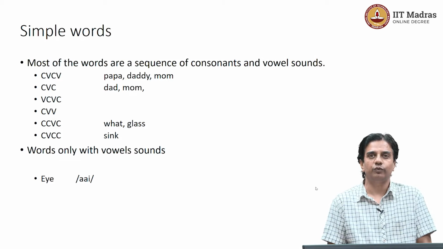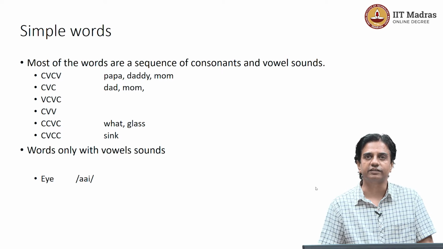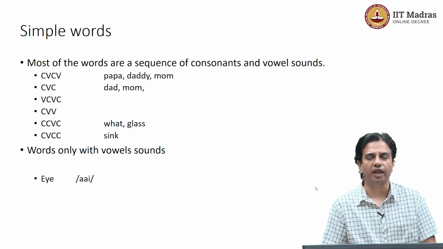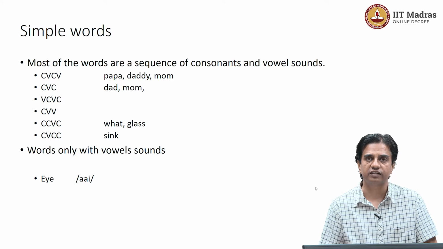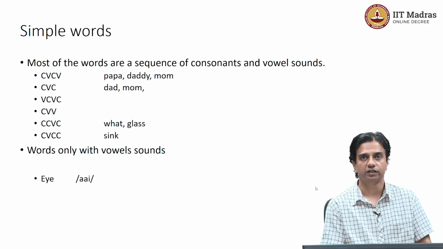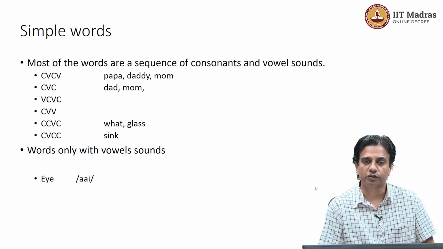So, we know the definition of a word. A very generic, simple definition that we follow is a word is a combination of different sounds. We combine several sounds to form a word. Here, something worth paying attention to is, can we combine any sound together? Can we put any random sounds together to make a word? Can any sequence of sounds become a word? The answer is obviously no.